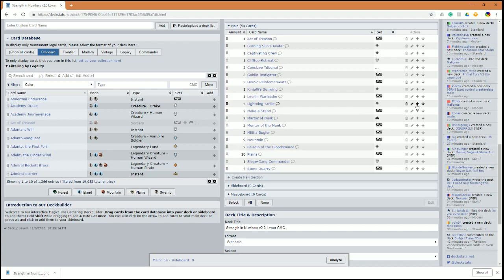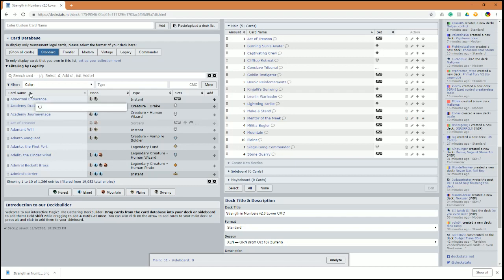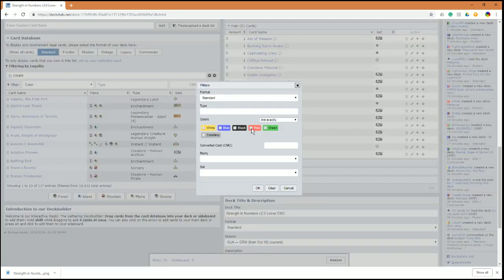Let's max out the Lightning Strikes also. Militia Bugler, probably should max that one out. Cut the Paladins. Cut the Martyrs maybe, because we need to create tokens faster. So this is gonna be a lower CMC version, so contains at least one of...